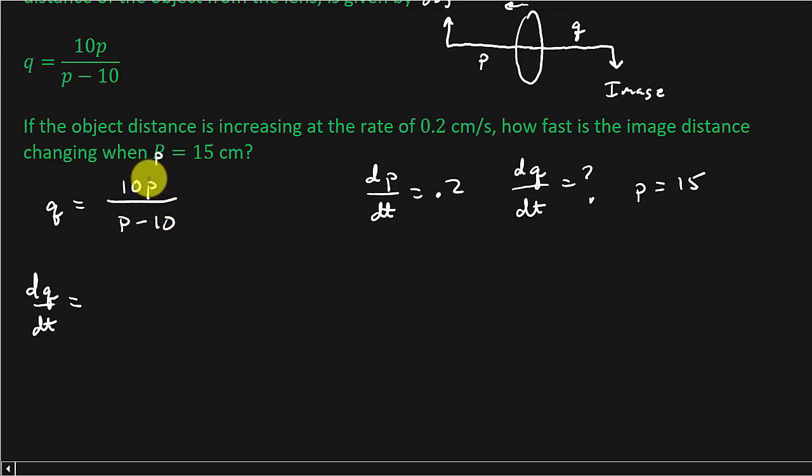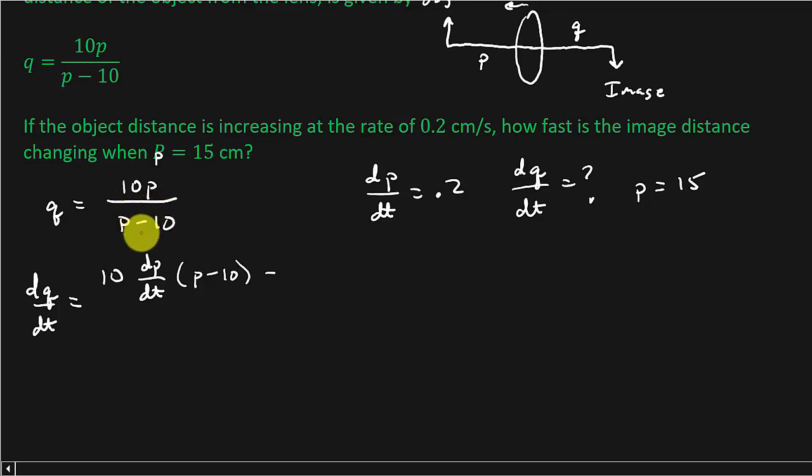So the derivative of the numerator, 10p, is 10, but don't forget, times dp/dt, times the denominator, p minus 10. This is the derivative of the numerator times the denominator